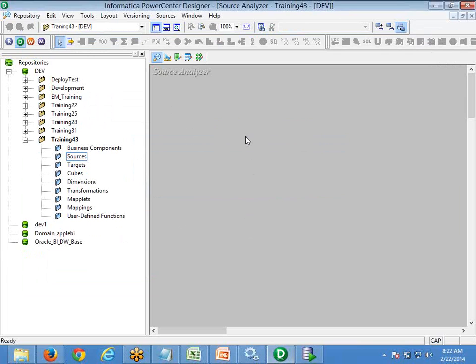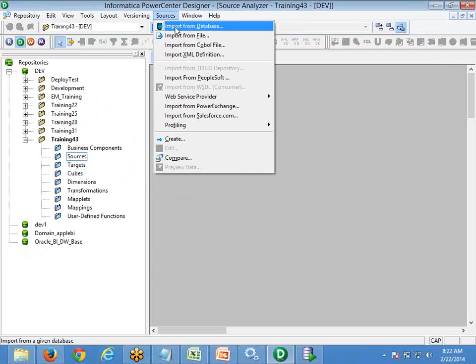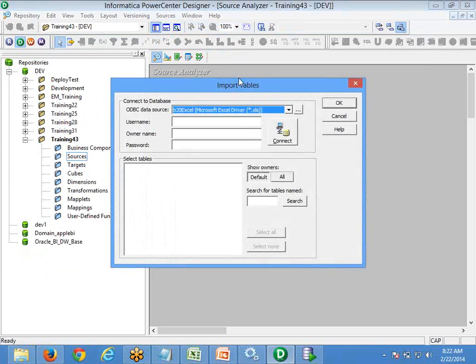To make your life easier, to define your table structures very quickly, Informatica gives you something: if you go to Sources again, you will see something called Import from Database. This table is already present in your database and it has some columns.